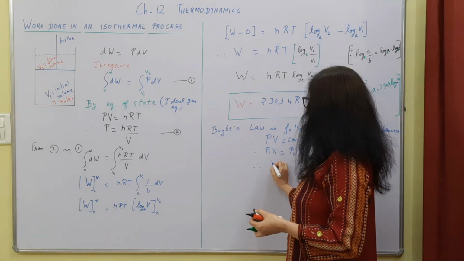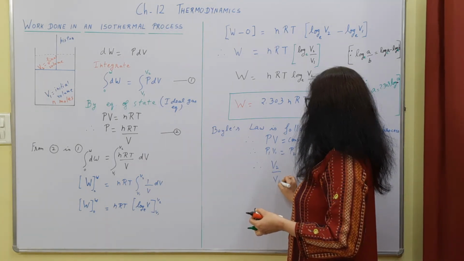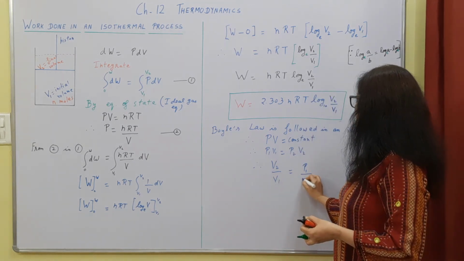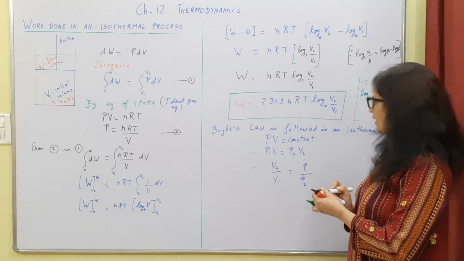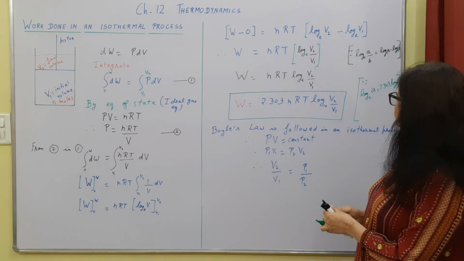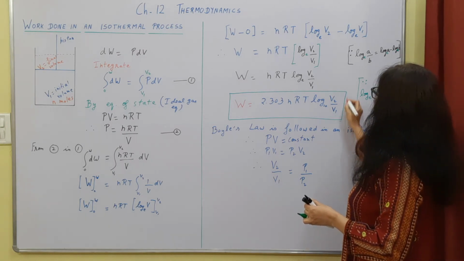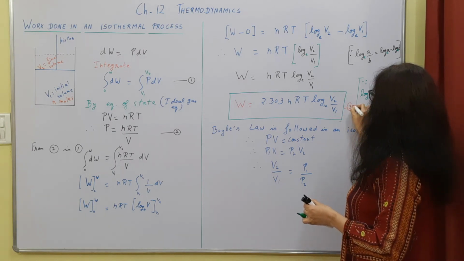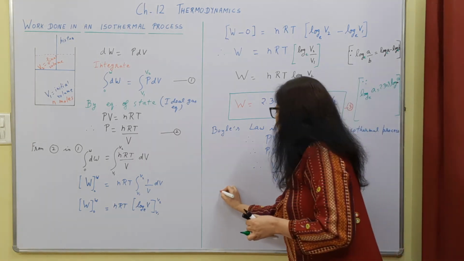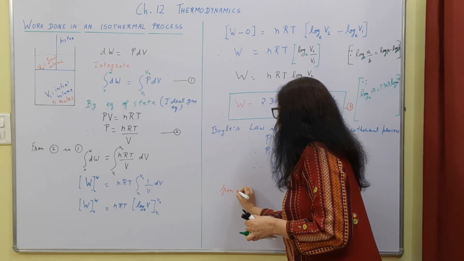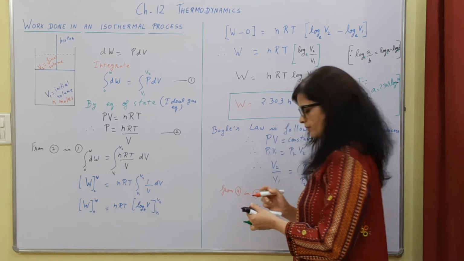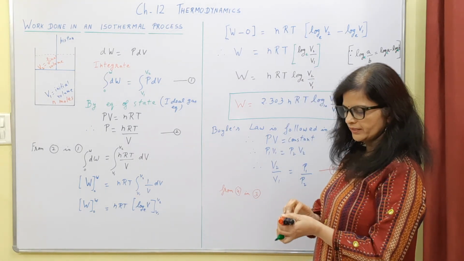Therefore, V2 upon V1 can be written as P1 upon P2. And we can mark this as 3 and this as 4. So from 4 in 3, we get another form, and that form is